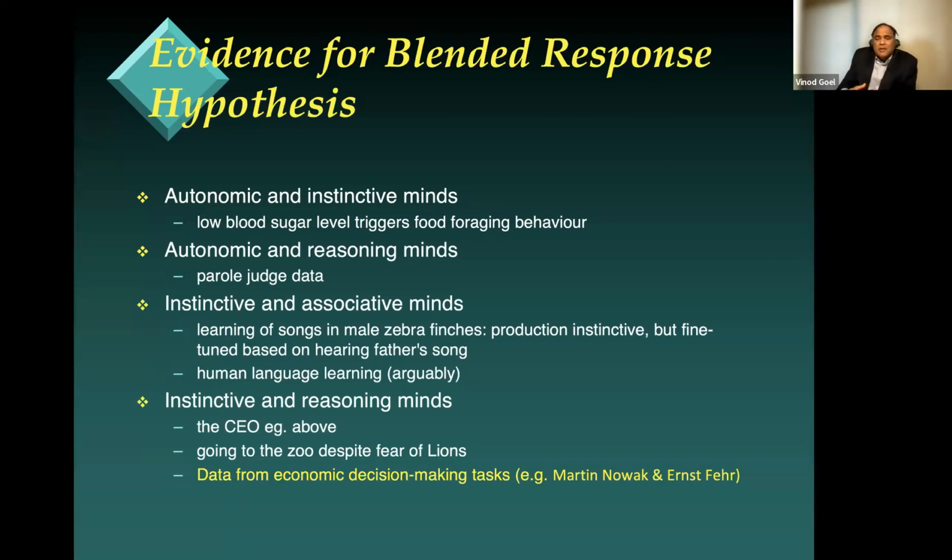Right? Now, in the book, I spend a great deal of time going through the data from economic decision-making tasks, such as from Ernst Fehr, Martin Nowak, and others, to argue that the only way they can explain the economic decision-making data in tasks such as the trust game, and the classic games that they study, the dictator game and so forth, is by bringing in certain instincts such as fairness, cheater detection, punishment,